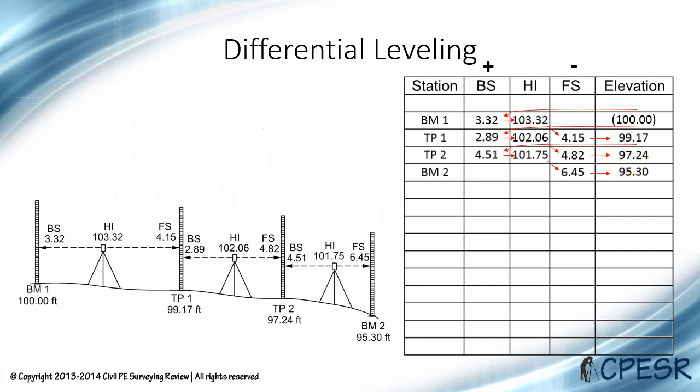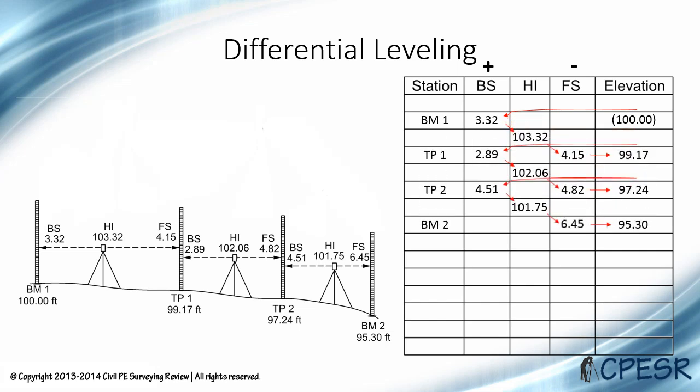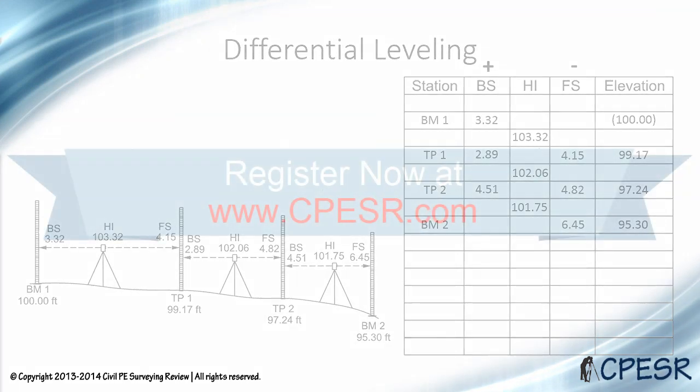Next to this figure, you'll notice that we have the original format as well. And that also has arrows. So you really can't get this wrong. So if they were to take out, let's say, 4.82 right here, and they asked you what is this value here, you know that that would be 102.06 minus this number, and there it is. With the arrows, we make it easy for you so that there's no way of messing something like that up. Now, to check your values, the difference between your